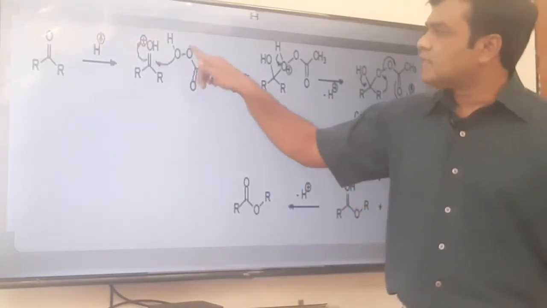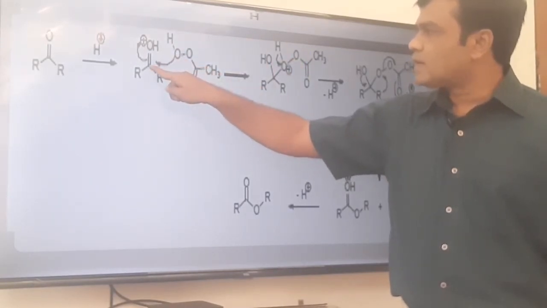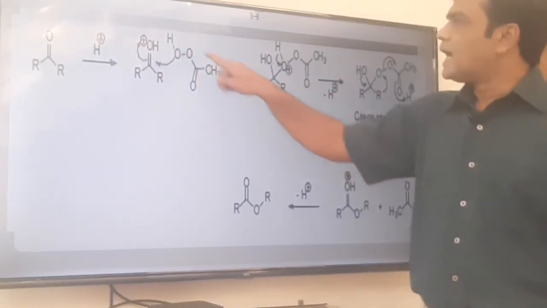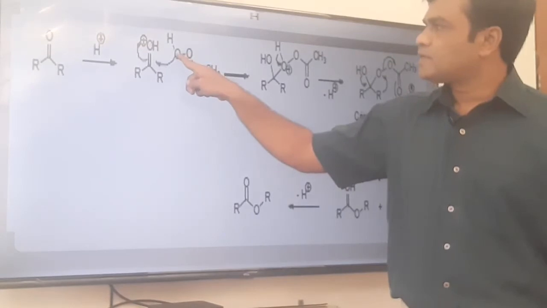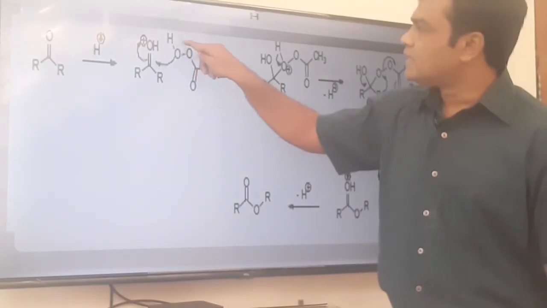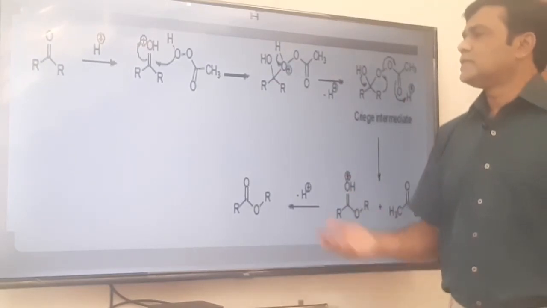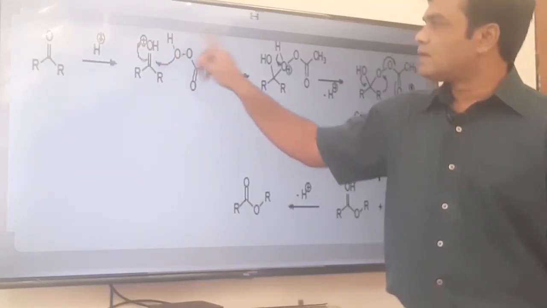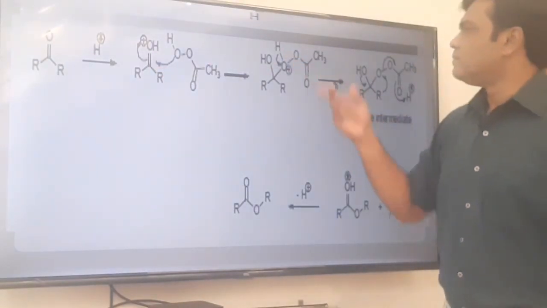Or in other words, we can say that before ionization, the oxygen donates a lone pair to this electron deficient carbon, thereby there is formation of positive charge on the oxygen, so oxonium ion formation, and then deprotonation. Oxygen carbon bond formation, oxonium ion formation, and then deprotonation. In this way you can write, or you can directly write that there is oxide ion formation and then O negative C positive bond formation takes place simultaneously. Thereby you can skip one step. If you write the oxide ion attack directly, you can skip one step. But if you write that oxygen is donating the lone pair to the carbonium ion, then one step will be extra there.